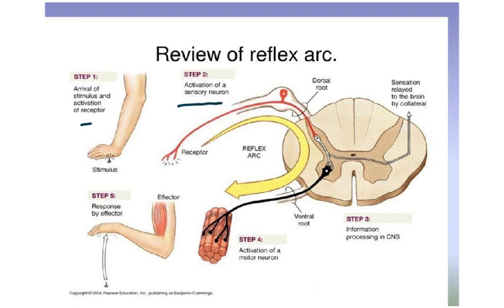So this, starting from here to here, is the sensory neuron. And then we have a relay neuron. This is the one which is the relay neuron. And then we have a motor neuron, which goes to the muscle. So the synapse is between the sensory neuron and the relay neuron, and between the relay neuron and the motor neuron.